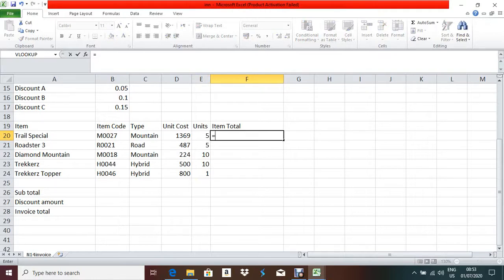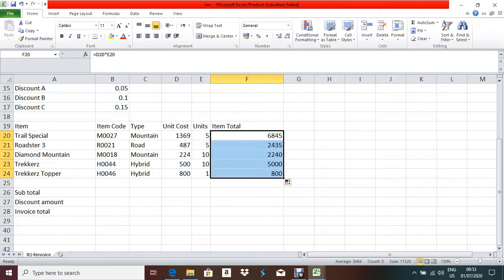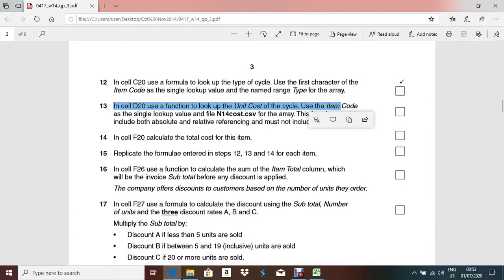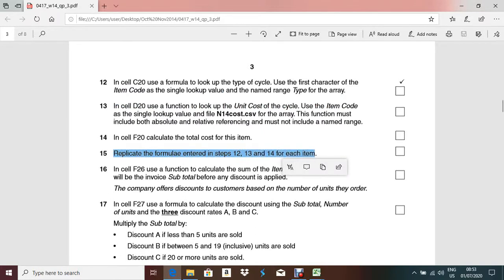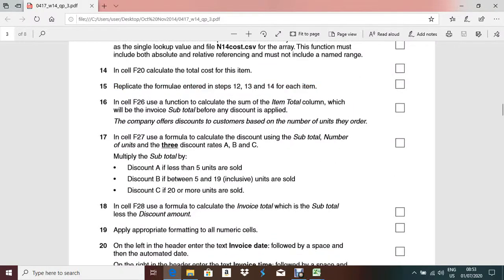So D20 into E20. So apply the formula in the remaining cells. Okay, done. This is the item total. Now next question. The next question is to replicate the formula entered in steps 12, 13, 14 for each item. Replicate means apply the formula in the remaining cells. We already did that one.